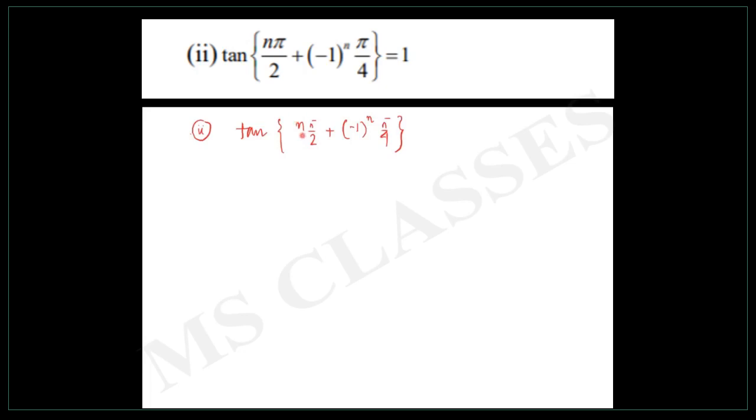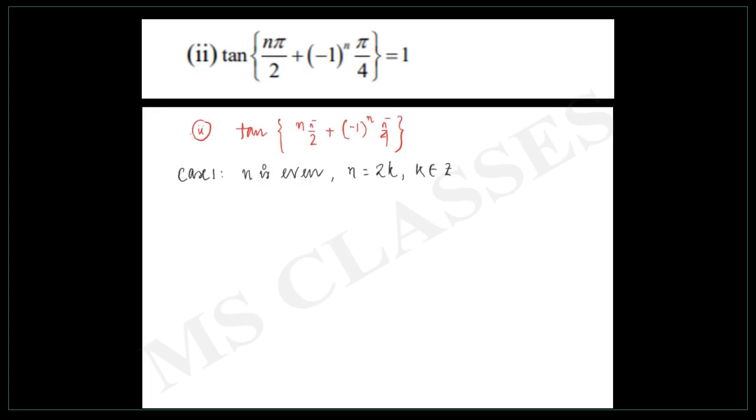So what we'll do, at first we'll take case 1 and understand that if n is an odd number, then what will happen? And then we'll check when it is an even number. Even integer here we need to say. So at first we take that n is even. So n equals 2k, k belongs to Z.